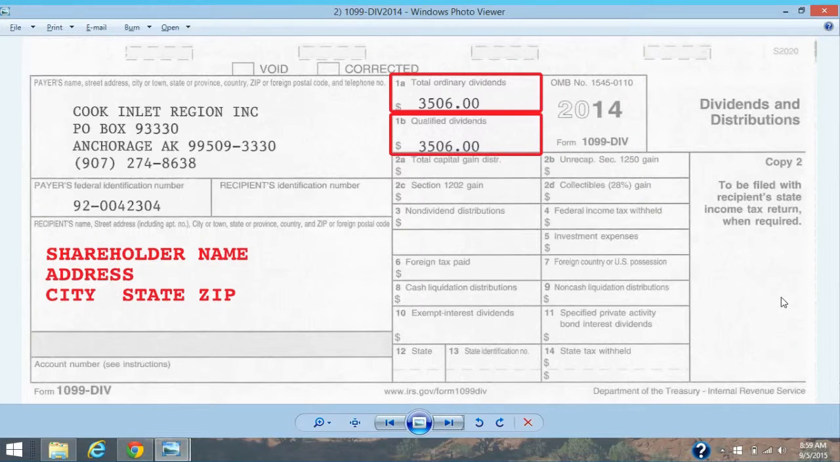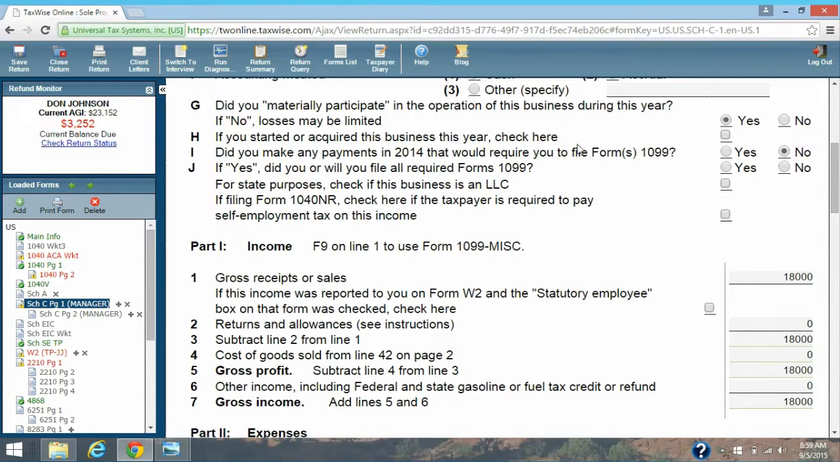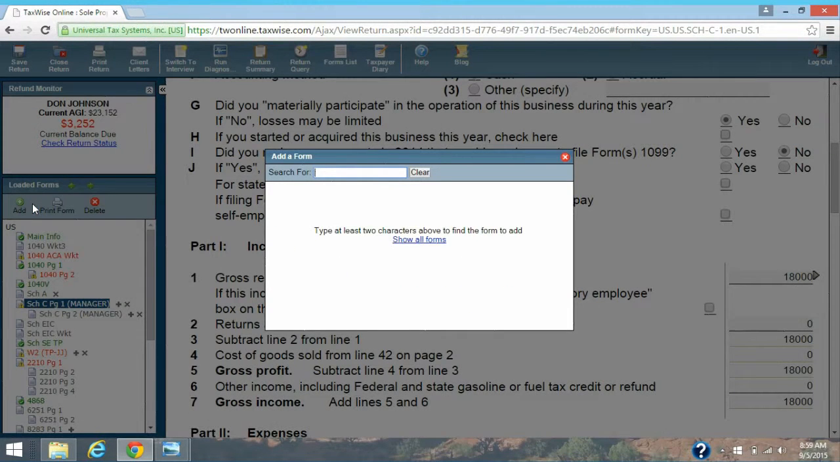With the Schedule C, people who receive 1099-MISC, that means you're a subcontractor. You will be receiving a 1099 from United Tax this year. You would attach that to your Schedule C, and that amount will pop up here. So when you add your 1099s,